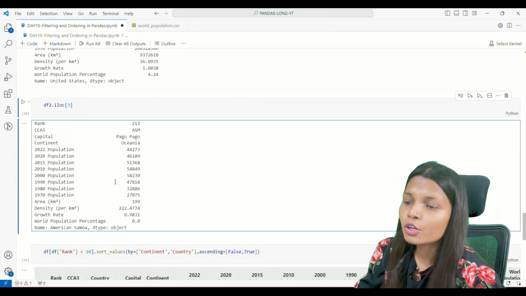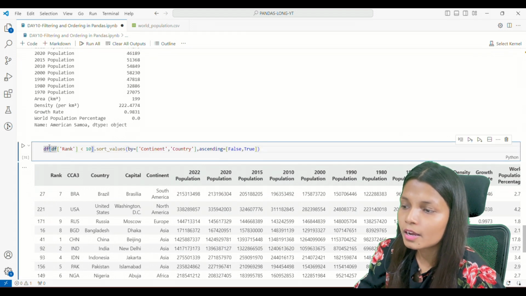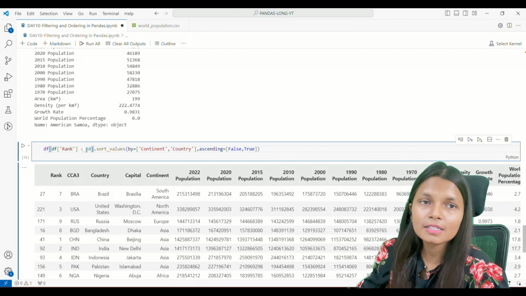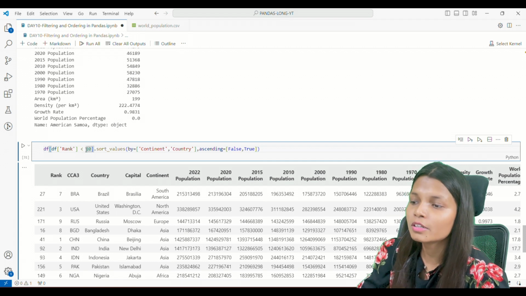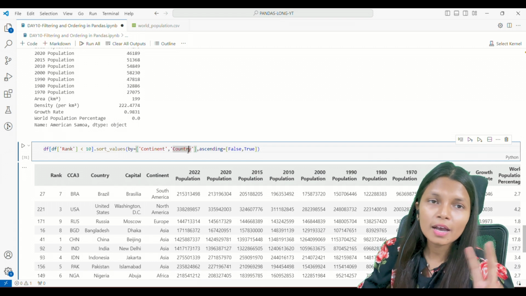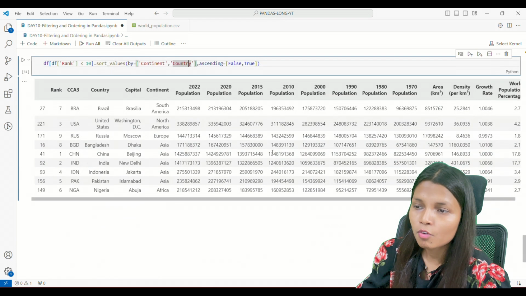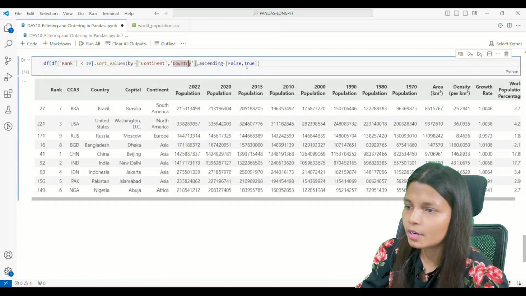Another way to filter out your data is I'm doing data, then out of data I'm taking rank. I'm checking wherever the rank is less than 10, go with that. Then sort the values by continent and country. It means take these two as primary, which are continent and country, and then do ascending is equal to false comma true. So let me show you what happened exactly.